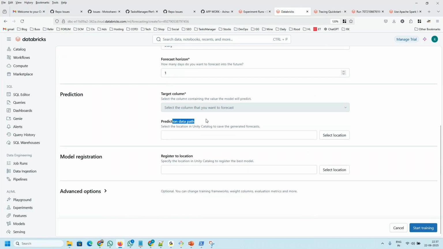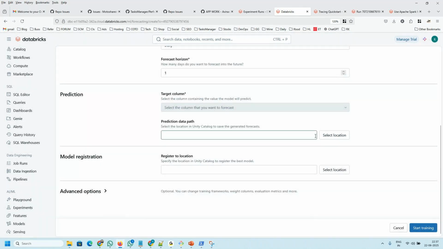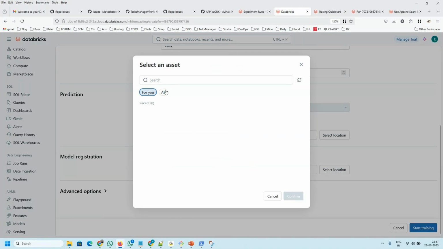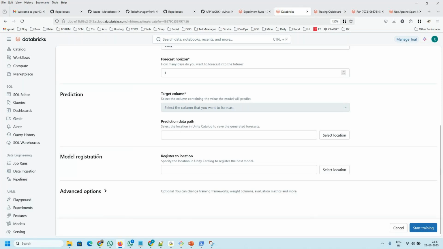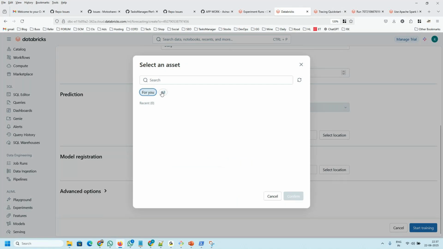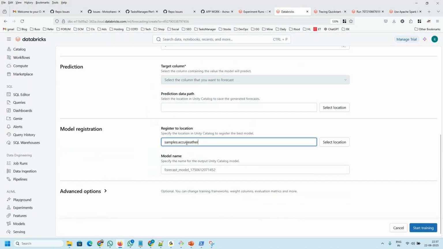And prediction data path, if you want to select somewhere, you can do that. And model registration. You want to register a model. Here you can select, let's say you want to register at sample. Confirm. This sample will be registered. Model name DevOps School,